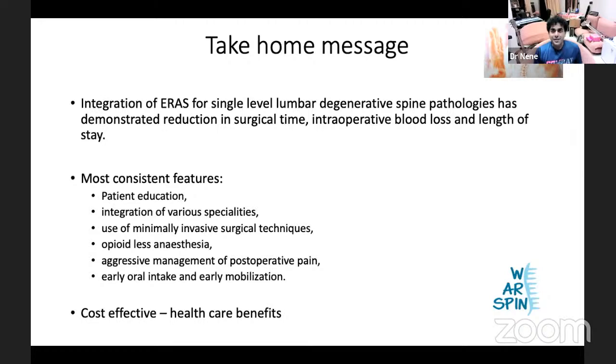Even daycare discs, I think many of us have been doing daycare discs, like a microdiscectomy, admit in the morning and go home at night, that type. So if I may add something,